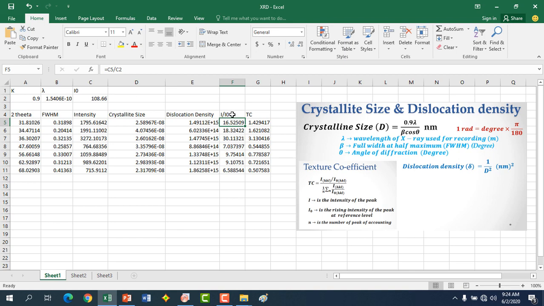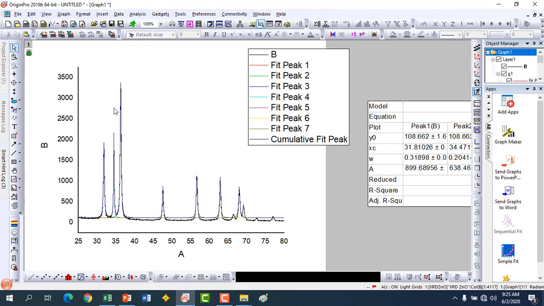After calculating I by I0, we calculate the texture coefficient. In the texture coefficient, one thing we should remember: the peak you want to calculate should be in the numerator. For example, if you want to calculate the texture coefficient of this peak, you put this peak's intensity as the numerator.